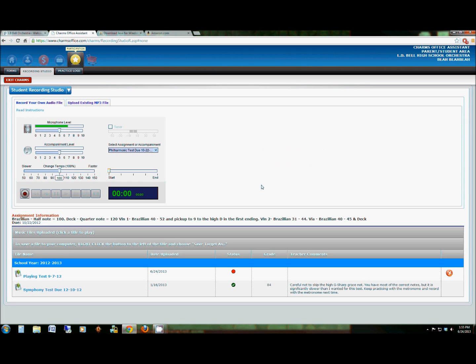If you use this alternative method for recording and uploading your test, you must save your test in an MP3 format. MP4s, AVIs, and other formats will not work properly, and you will need to convert them into an MP3 before uploading them to the CHARMS server. When you upload that test using a different method for recording it, you need to click up here where it says uploading existing MP3 file,